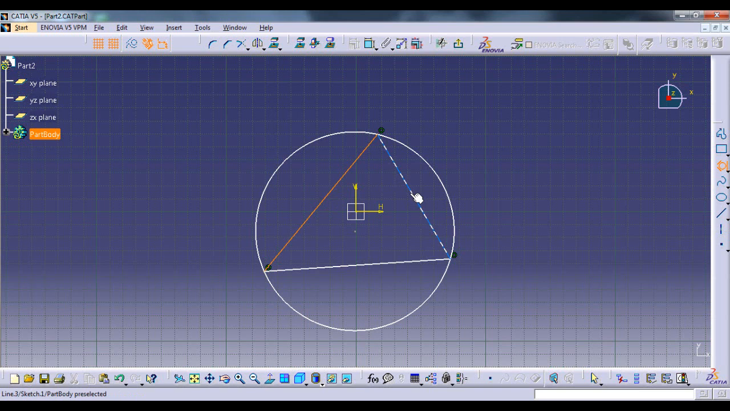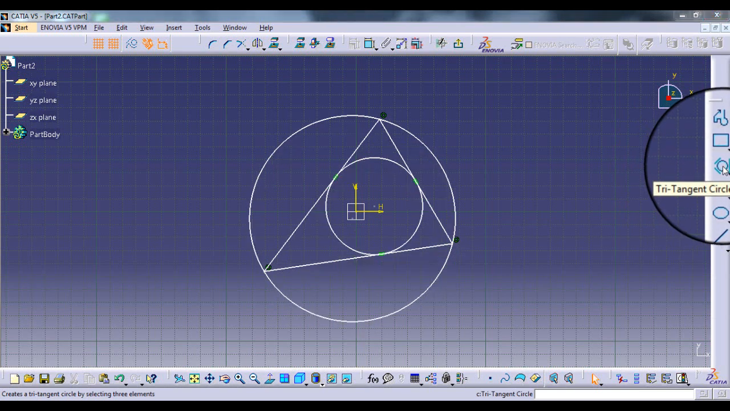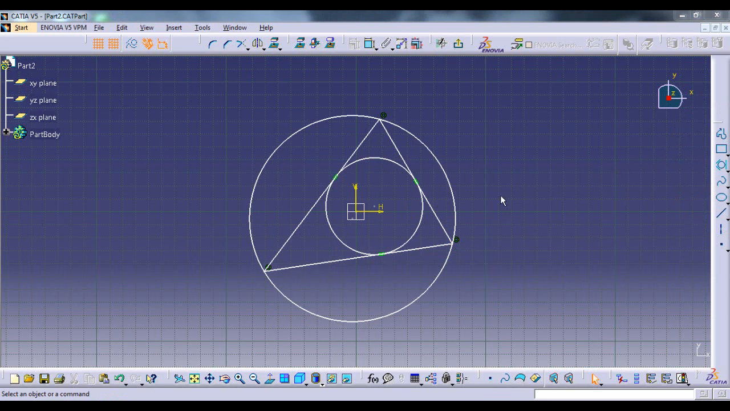We want this line to be the second tangent and this line to be the third tangent. So we can see that this circle is created in such a way that these 3 lines are now tangent to this circle. This type of circle can be created with the help of this command, that is the tri-tangent circle command. One thing that we need to understand is that these lines will always continue to be tangent